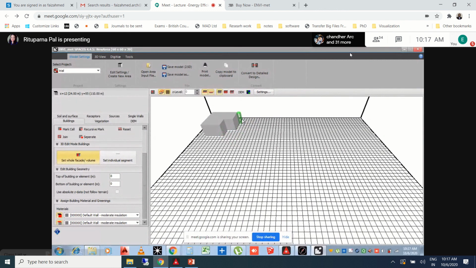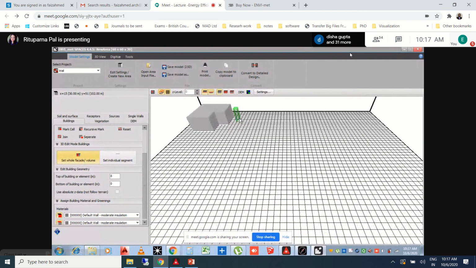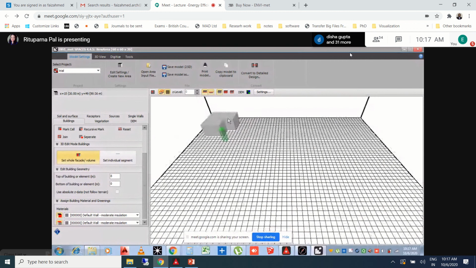which you might have missed while drawing, in this 3D option also you can add these buildings. I'll go back to the problem you're facing, but before that, as we are already on this page, I want to show you that even in 3D you can add certain building facades, or as it says, set whole facade or volume. Maybe you have missed some part here, wherever you think you have missed, you can keep on adding the elements or the volumes.